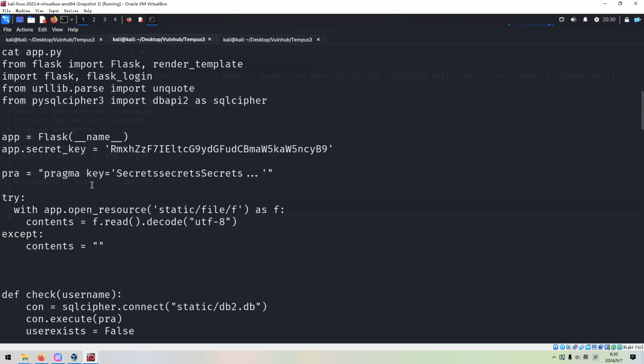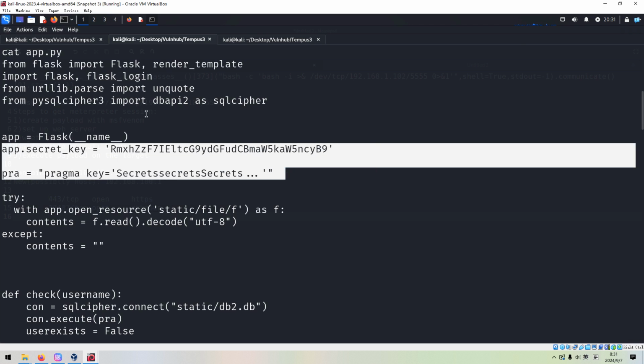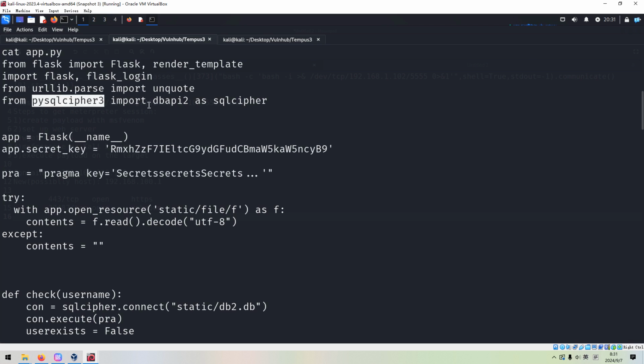For example, we can know that the target is running Flask, which is one of the popular web frameworks. And also we can get the key, we can copy. And also, as you can see over here, from this module, import this module as SQL cipher, and also connect or log in to the database.